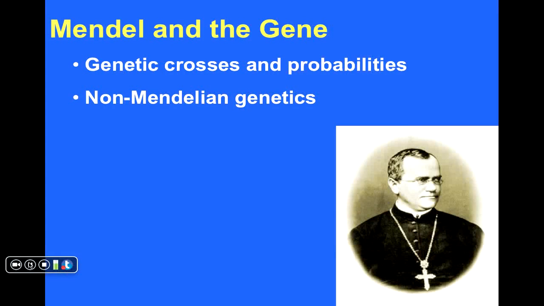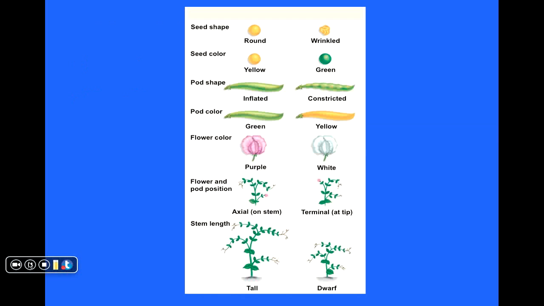This brief introduction to genetics will focus on Gregor Mendel and the important contributions that he has made to our understanding of genetics, but we'll also take a look at a few examples of phenomena that don't, at least at first sight, seem to align with basic Mendelian principles, as examples of how our understanding of genetics has increased over the years. Let's begin by pointing out that Mendel was working with pea plants, and he noticed that these pea